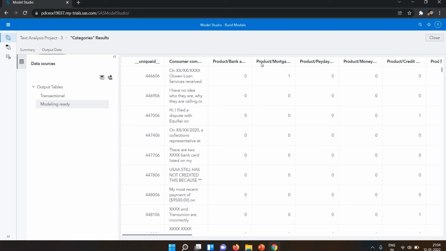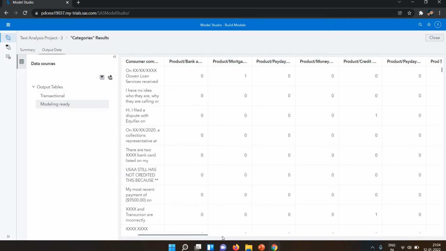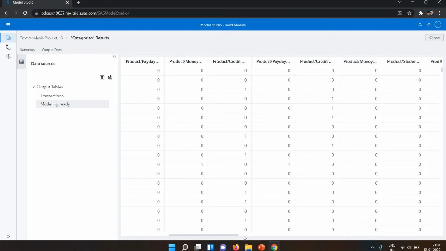Here we have the product and the mortgage, so it will show one here, because it falls in this one. Else they show zero. Same here, for product and category, it will show one, else zero, because it falls in this particular category. So sometimes we need data like this. For creating the visualization, you can use this data and create your visualization.